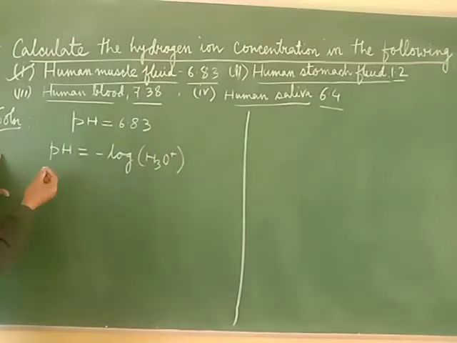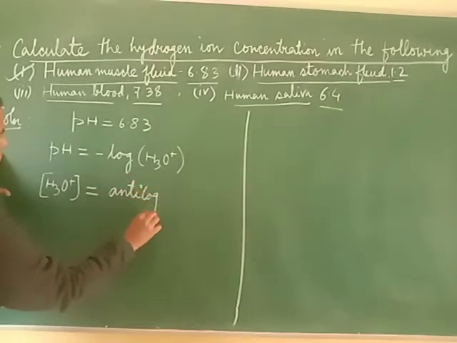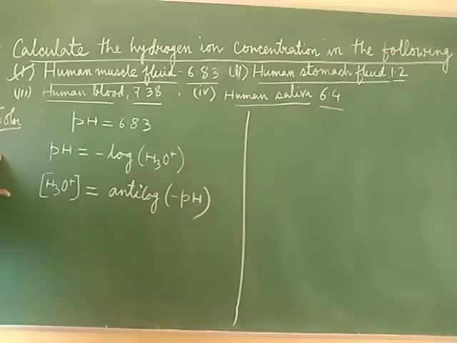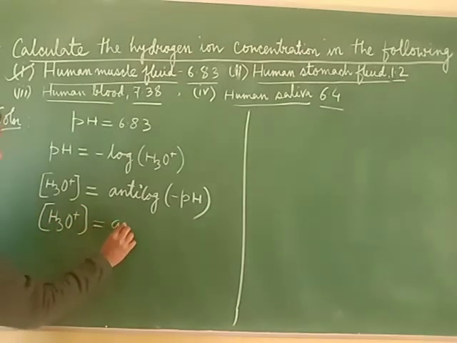So we can directly write this as concentration of H3O plus is equal to antilog of minus pH. Alright, so H3O plus is equal to antilog of